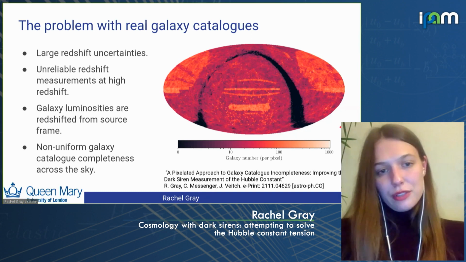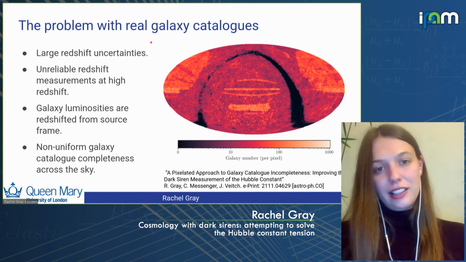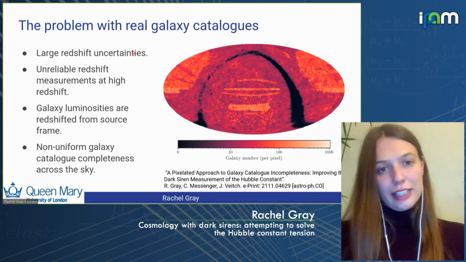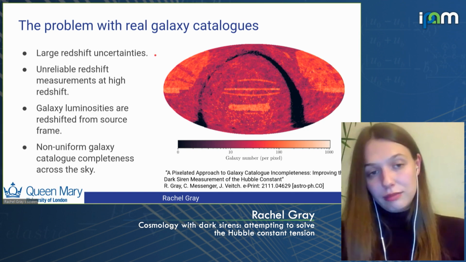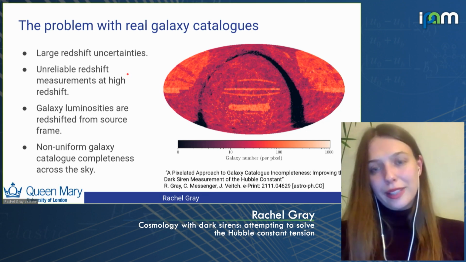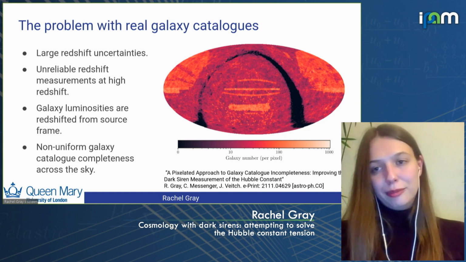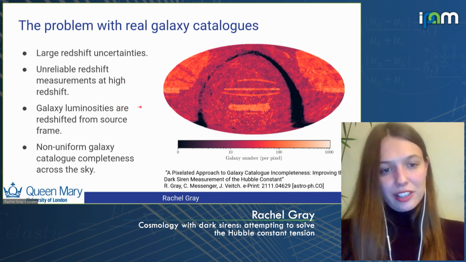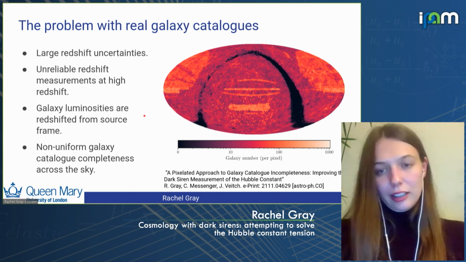So how do you deal with something like that? I should say that each of these things can be addressed and has been addressed already within cosmological analyses. You can marginalize over your redshift uncertainties if you assume, say, that they're Gaussian in shape. For unreliable redshifts, you can discard galaxies above a certain redshift as long as you also account for that when you're computing your out-of-catalog probabilities. Yeah, and I already mentioned the K corrections, but non-uniform galaxy catalog completeness requires a little bit of an extension